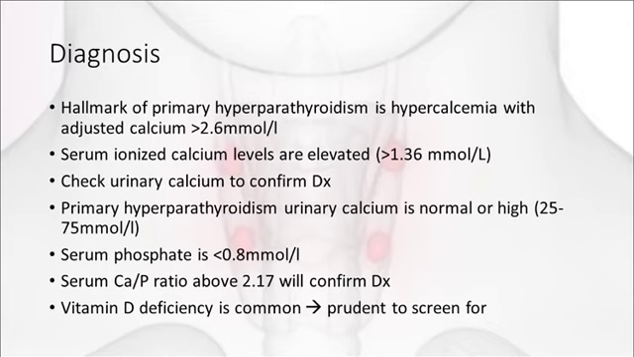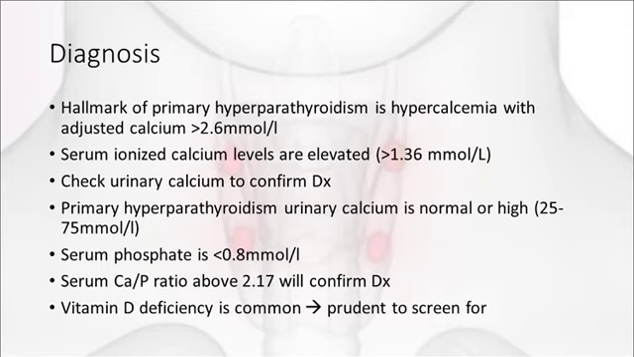The diagnosis of primary hyperparathyroidism involves hypercalcemia with an adjusted calcium of greater than 2.6 millimoles per liter, and a serum ionized calcium level which is elevated to be more than 1.36 millimoles per liter. You also need to check urinary calcium for diagnosis, right? Because a lot of the time you have hypercalciuria, or an increased amount of urine calcium excretion, or it will